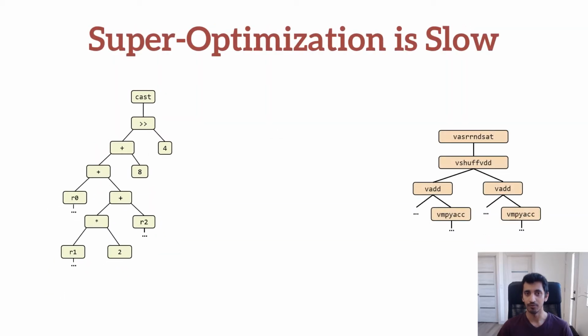An alternative approach for instruction selection is super-optimization. This approach, rather than rely on predefined rewrite rules, attempts to simply enumerate the programs in the target instruction set, searching for a program that is both correct and has the lowest cost. Although this process can generate optimal implementations, it has limited scalability due to the combinatorial complexity of the search problem.